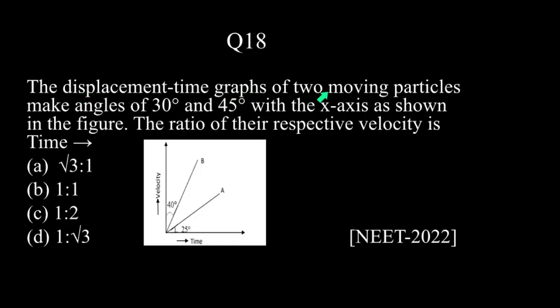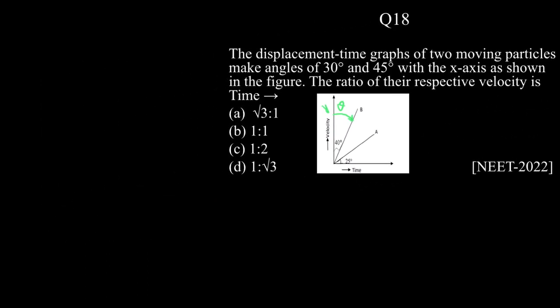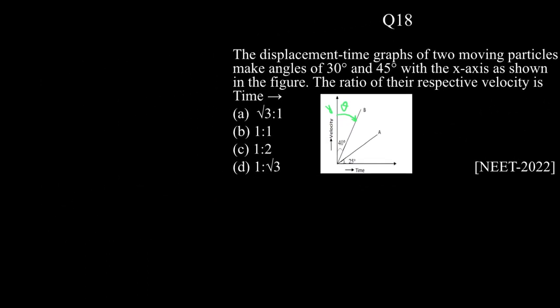The displacement time graphs of two moving particles make angles of 30 degree and 45 degree with the x-axis. The ratio of their respective velocity. See, we did a very similar question, but back then we were asked to find out the acceleration, and also we were given the value with respect to the y-axis. So again, if we try to understand the concept here, see what is the slope of